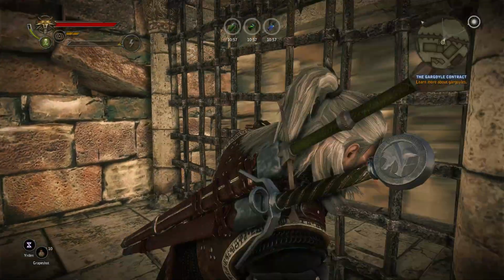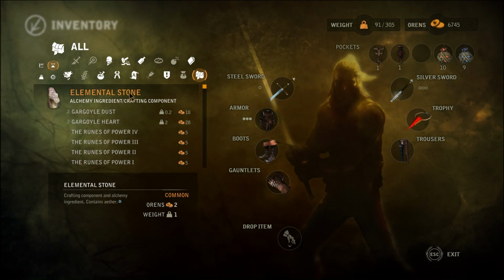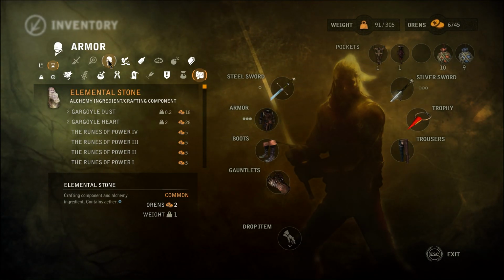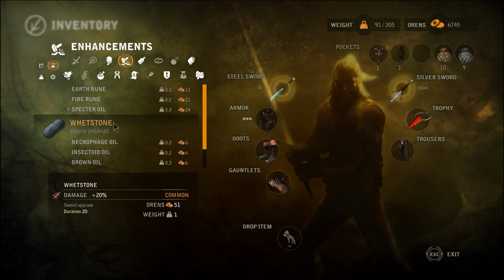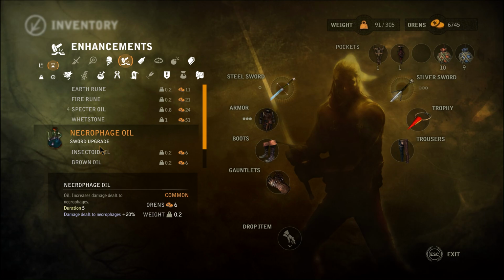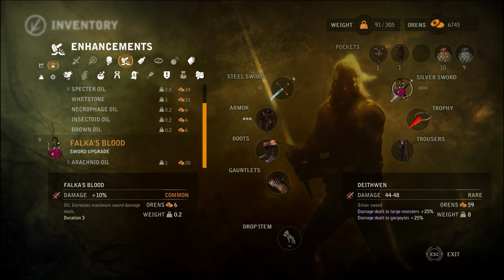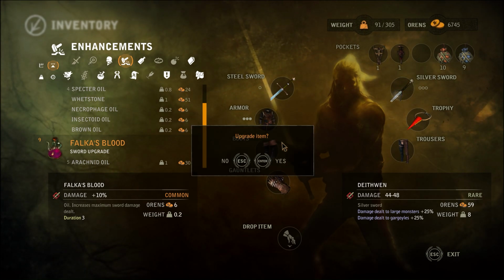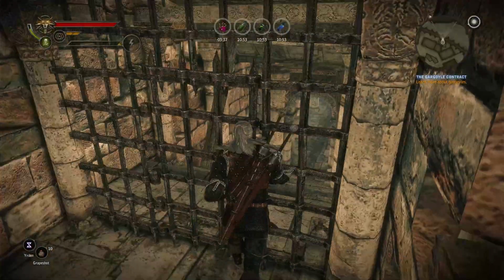Okay. We'll go into our inventory because we know there's a golem down there. What enhancements do we have? Spectre oil. Could use a whetstone. That's damage plus 20%. Let's do a Falco's blood on the silver sword at the very least. This thing should be doing a ton more damage to the gargoyles and everything else too, so...